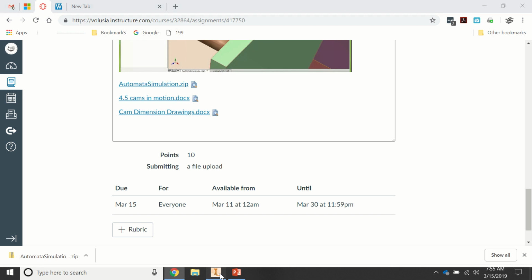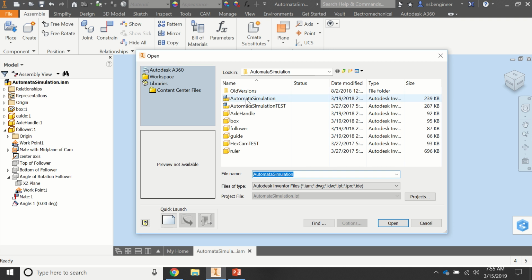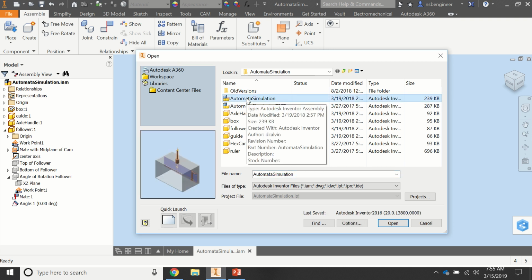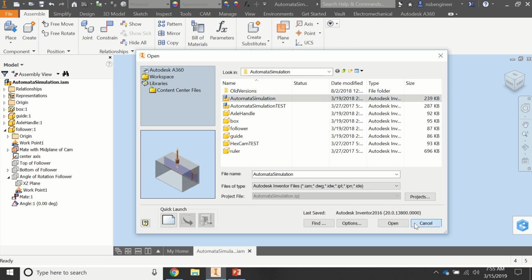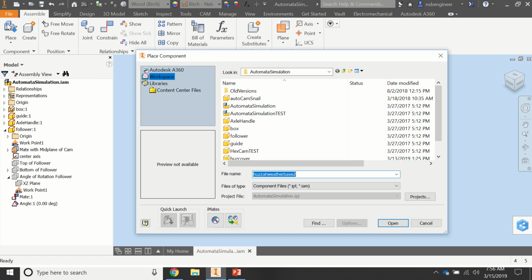Okay, now, close all that. All right, so I'm going back to Inventor. In Inventor, you want to open the automata simulation, not the test, the automata simulation. That's the one you want to open from inside of that folder. I've already done it. I've got it here. Okay, so once that's there, the little handle will turn around, but there's nothing there for it to do. So I click place,